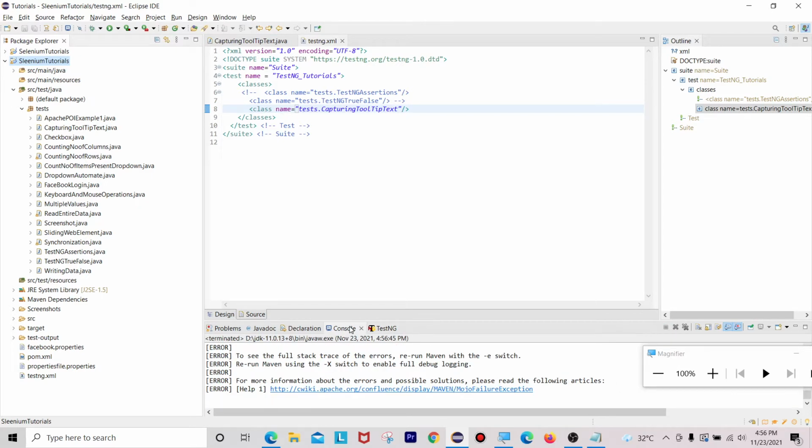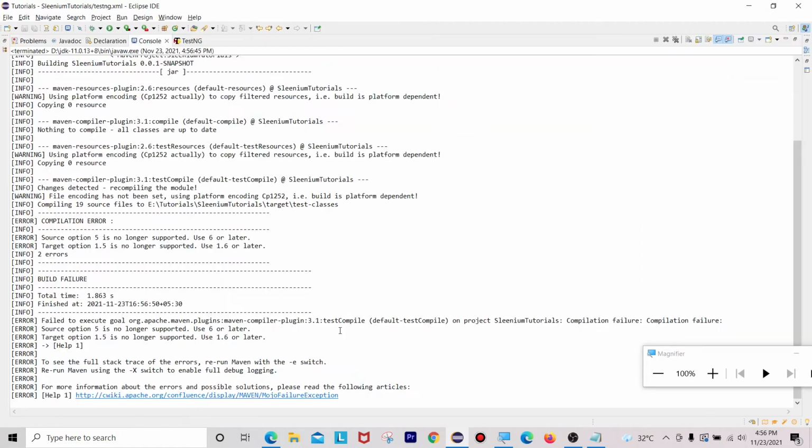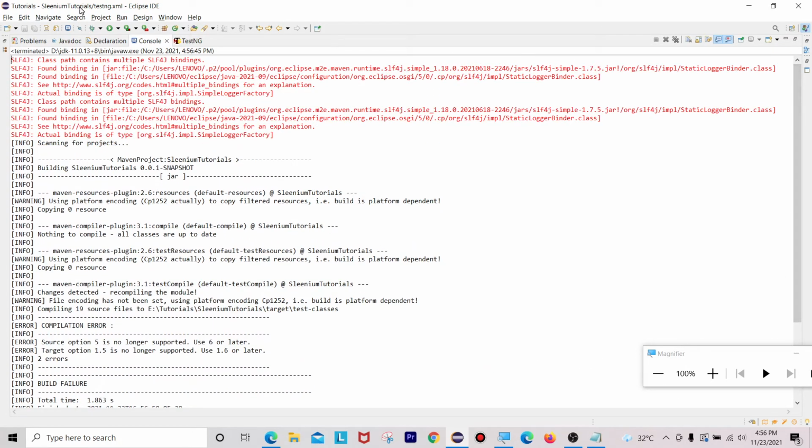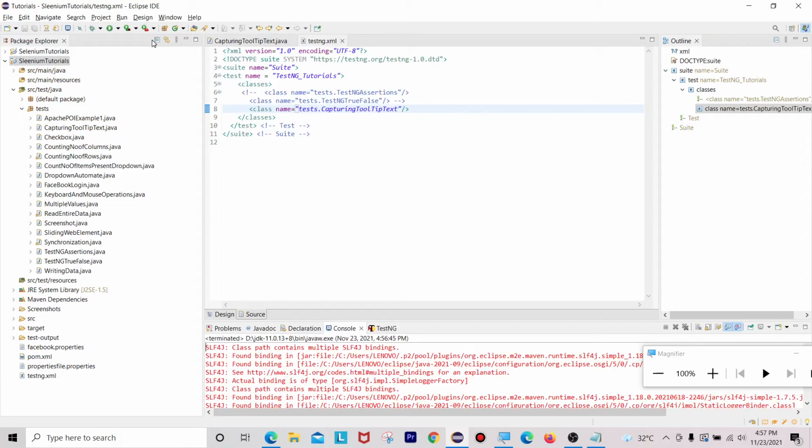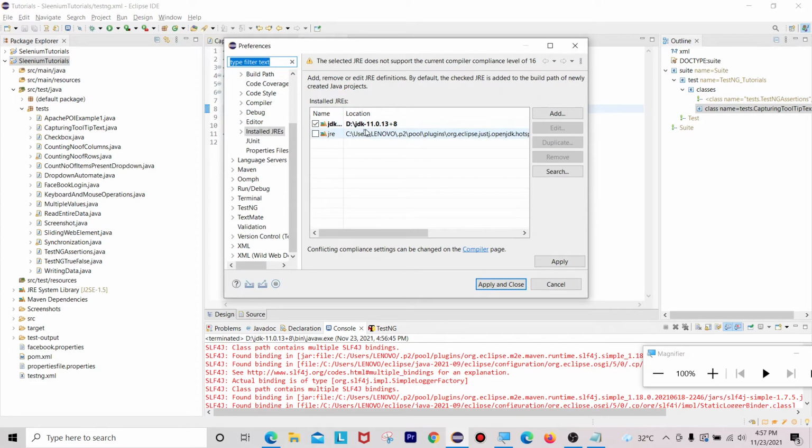Okay, no problem, due to some compilation issues it is giving this error, so we can figure out that issue and resolve it. Now go to preferences and check for the JDK version. So JDK only, apply and close.